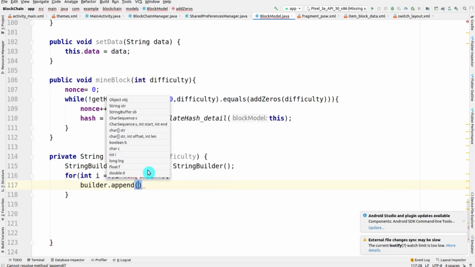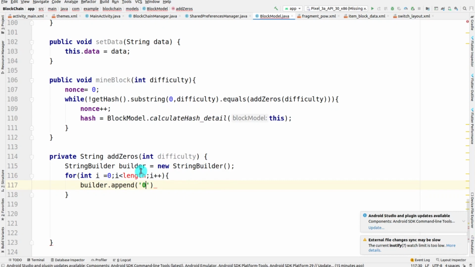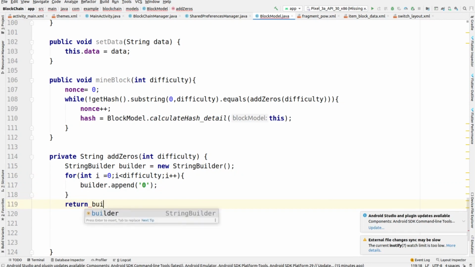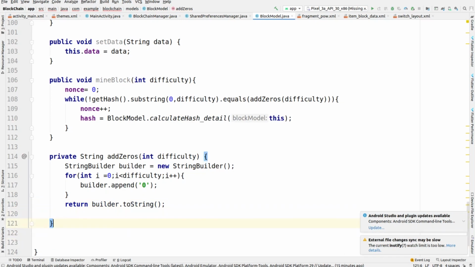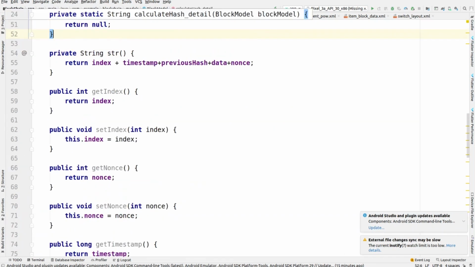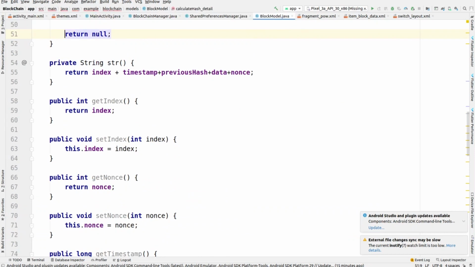Then we are going for appending zeros with the builder, but let me change it to the difficulty. And for now it will be returning builder.toString. Okay, so this is also finished, and our model class is completed right now.